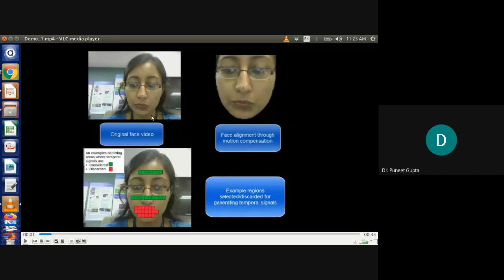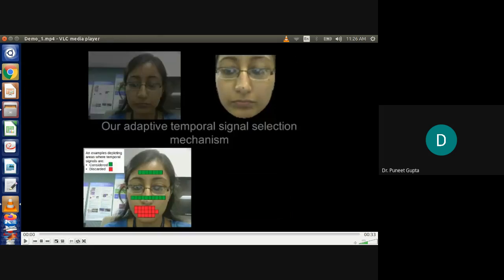So there is this input video. We find the face in it and extract it. We find multiple ROIs from it, a few of which are shown here in red and green. Amongst those, we find which signals we can discard, again based on the confidence value. What was that? Standard deviation divided by mu. So now, whatever signals we get are pretty much stable. And these red ones, which have high CI values, are somewhat unstable. The reason, you can very well see that the lips are quite moving.